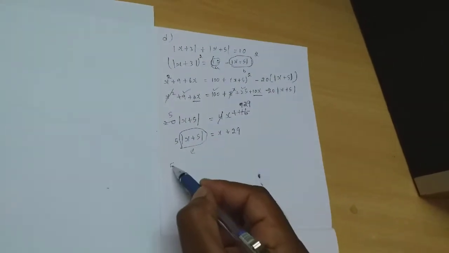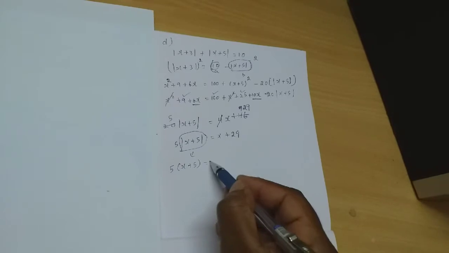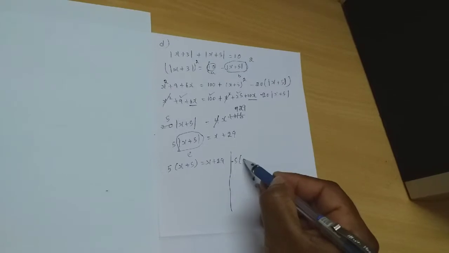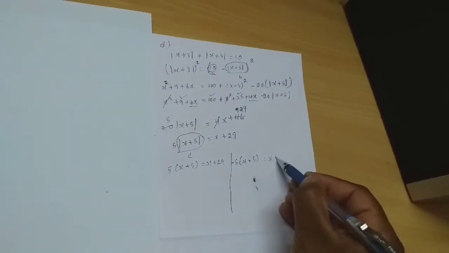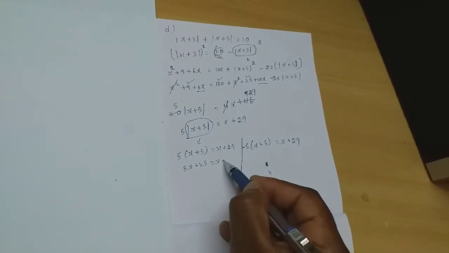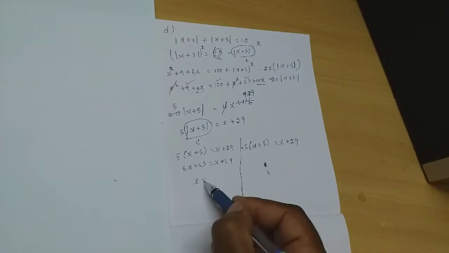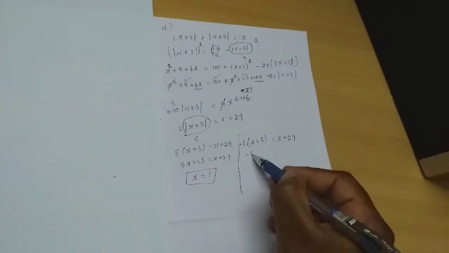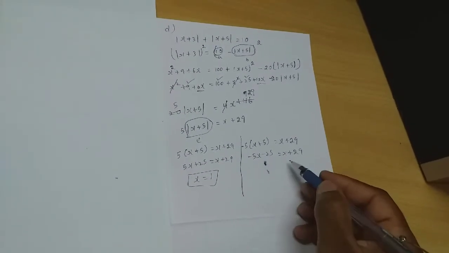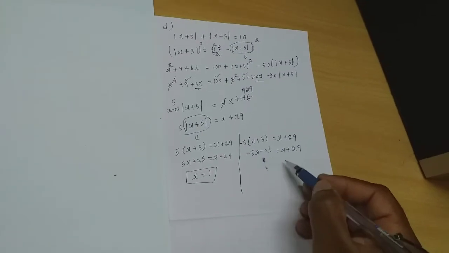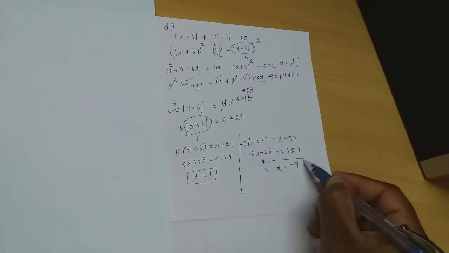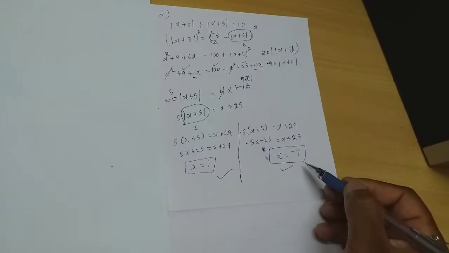So I'll use the earlier video method, which is when it is positive, I get this, or else when it is negative, what do I get? Negative means minus 5x plus 5 equal to x plus 29. So here how much will I get? 5x plus 25 equal to x plus 29. So what will be the value for my x1 in this case? And here minus 5x minus 25 equal to x plus 29. So x goes that side, 4x, and 29 goes that side, 54, and here x equal to minus 9 I get. So these are the values for x which I got.